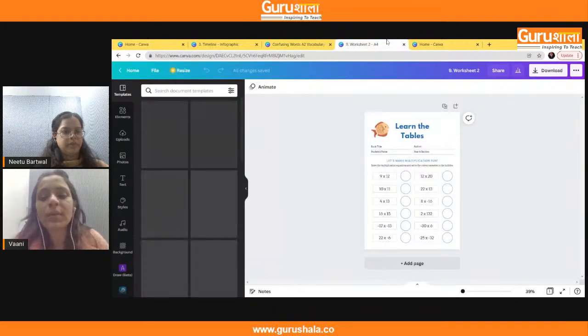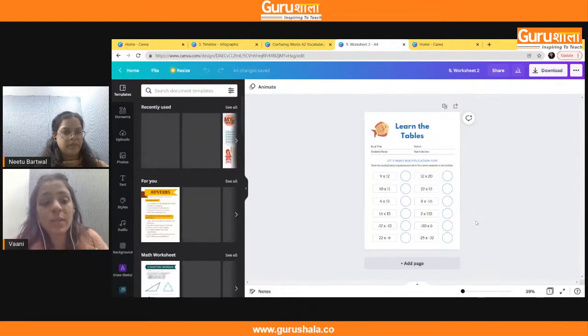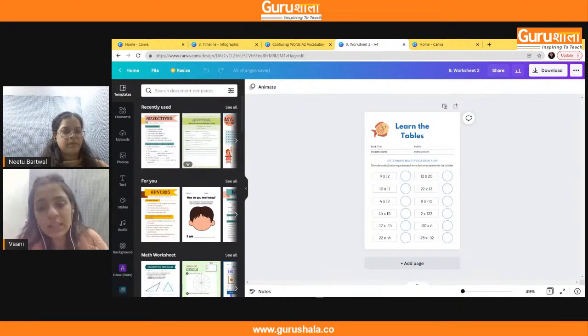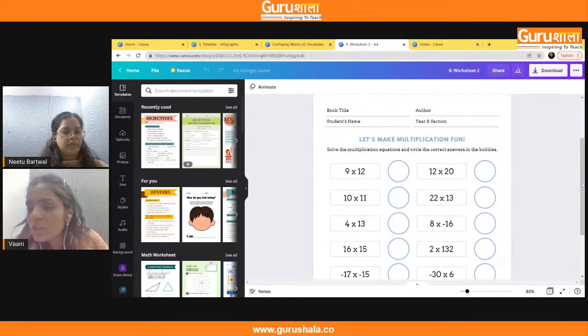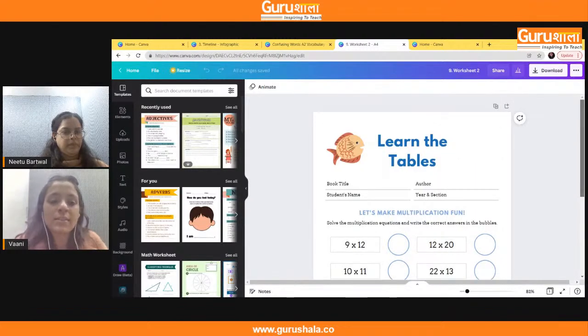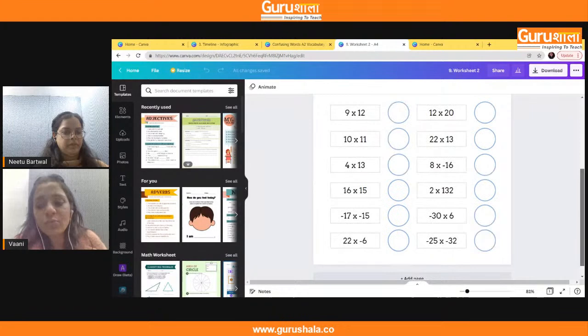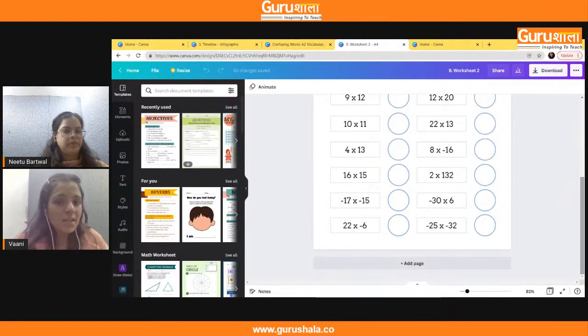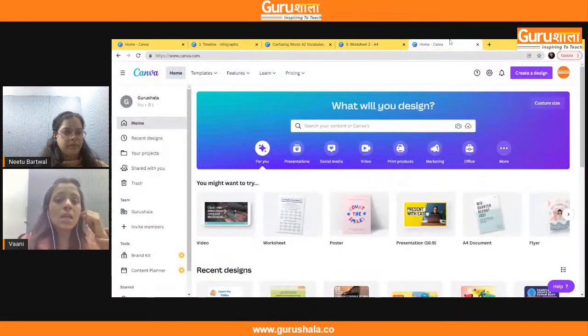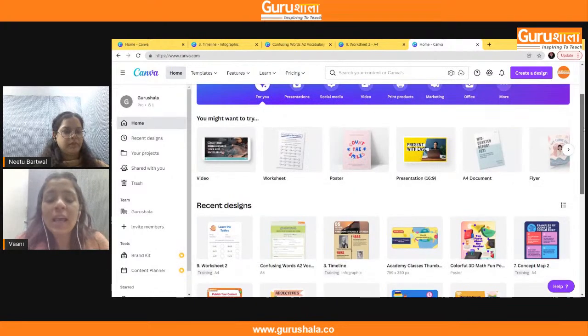And the third kind of content piece that we are seeing is also a worksheet, which is based around the subject of maths. So you can see, teachers, that here there are multiplication questions and there are also spaces for answers. So you can make these worksheets and add as many colors as you want, and as many elements as you want, making it visually appealing for your students and also interesting. So these are just a few examples of the types of content that can be created on the Canva website. In addition to these types of content, you can also create presentations, posters, and videos. So all sorts of things are available on Canva.